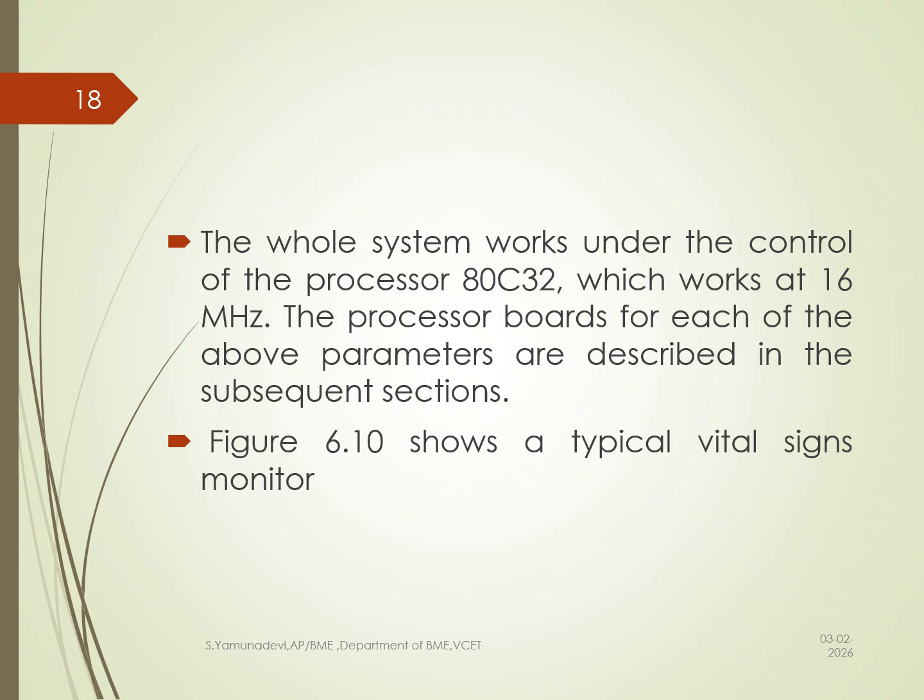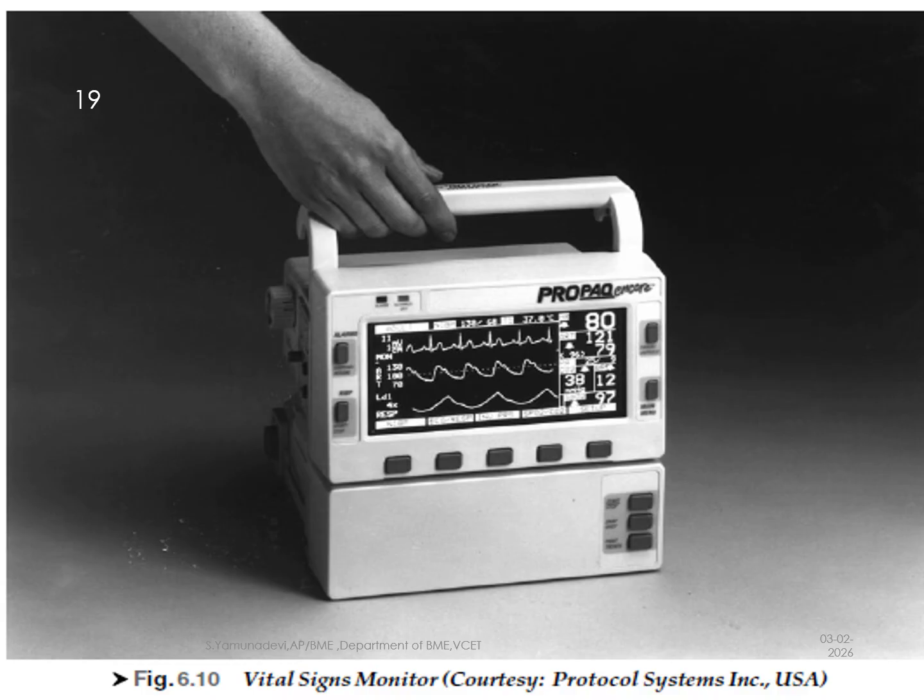The whole system is under the processor 80C32, which is a 16 megahertz processor. On the processor boards, each parameter is displayed. It is an example of a vital sign monitor available in the market. It is an older